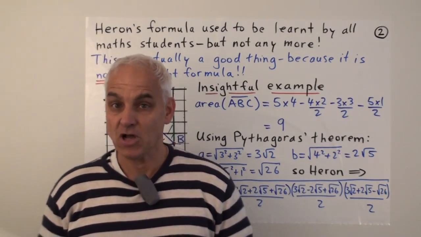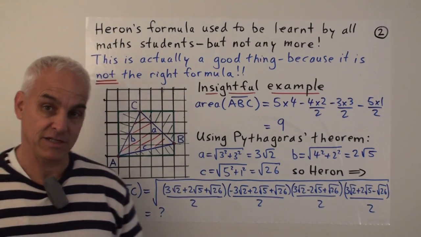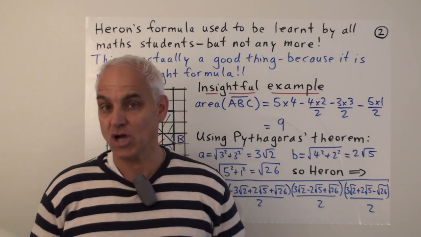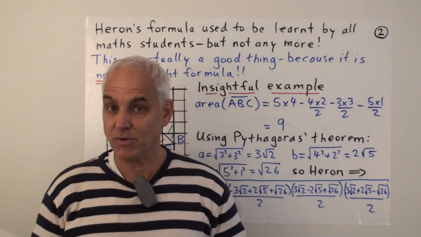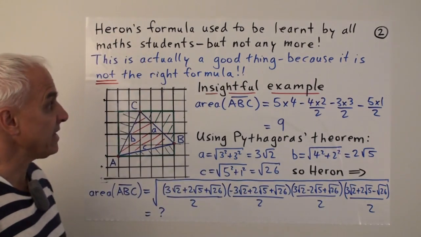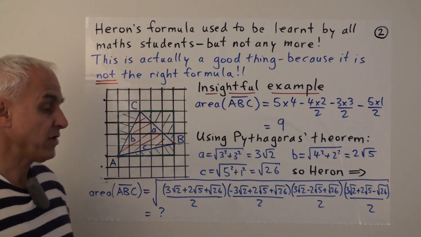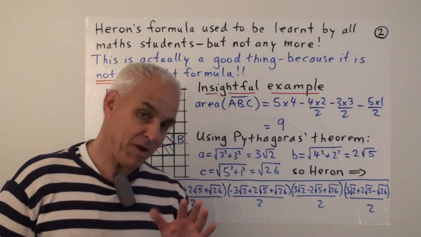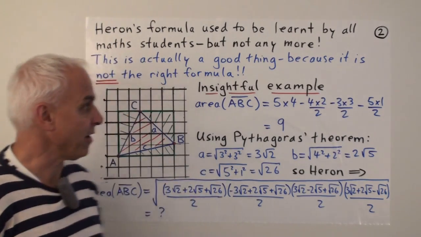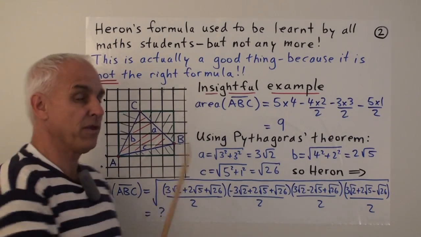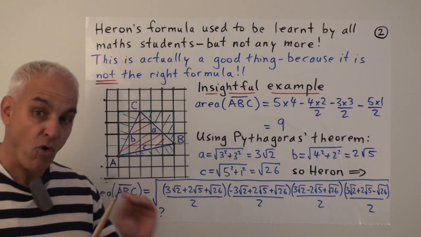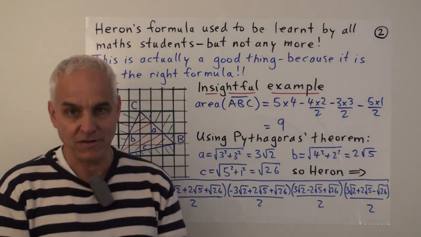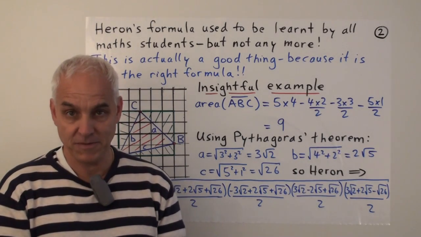Heron's formula is often not studied so much these days. In former times, almost all students of mathematics or geometry would have learnt, or at least been exposed to, Heron's formula at some point. These days that's not always the case. That's generally considered a negative aspect of modern education, but in my opinion the situation is a little bit more subtle. I actually think it's a good thing that Heron's formula itself is not taught anymore, because it is not the right formula, in my opinion.